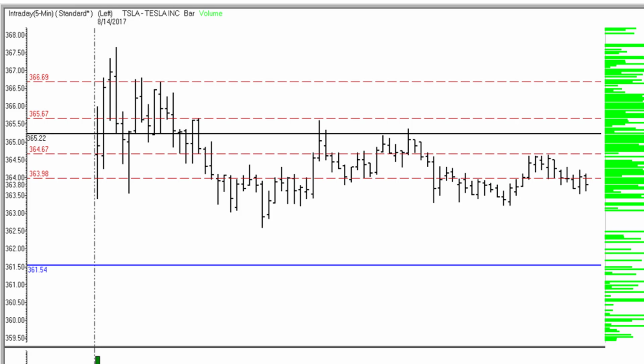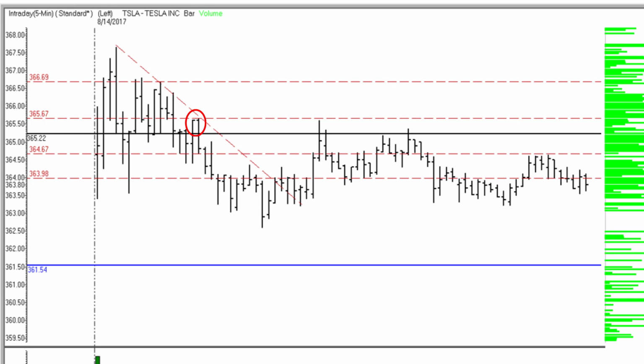And notice what happens over the course of the day. You've got a big gap to the upside, but before you know it, you've got a downtrend in place. And once that downtrend is moving the stock lower, that was really the only time on this session that I saw the opportunity to make the trades. That's why my trend lines on the big up day, the volatility bands, are all red, because I waited for the trend to be in place and then didn't have any opportunity for entry until just about 10:45 a.m.